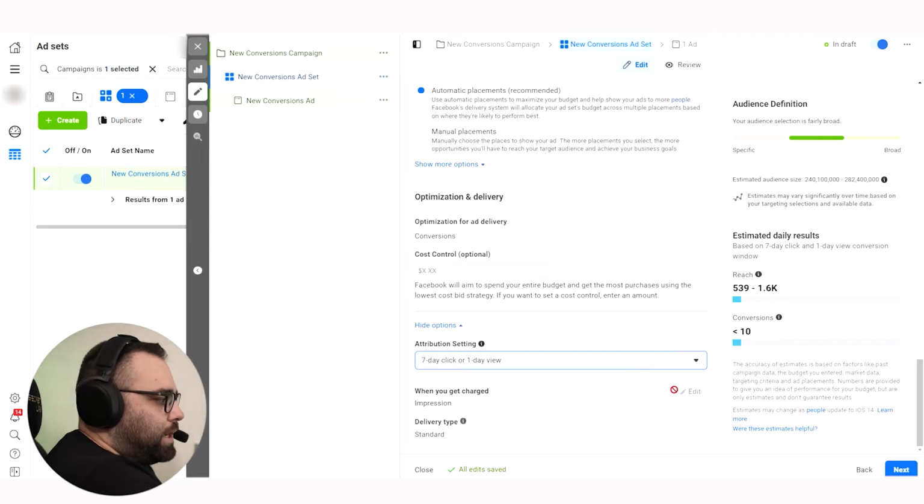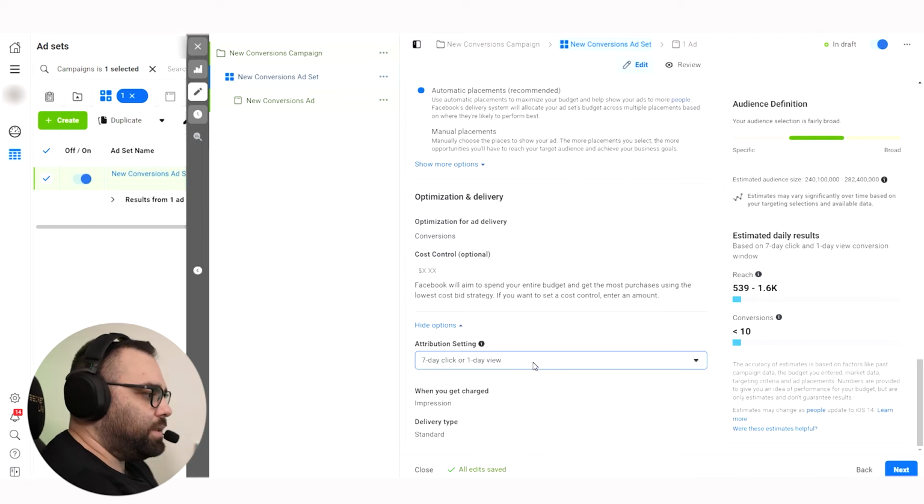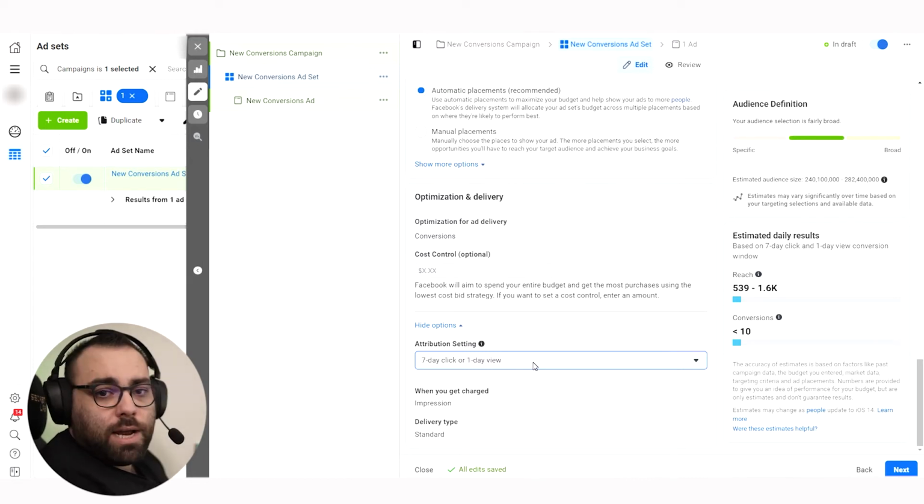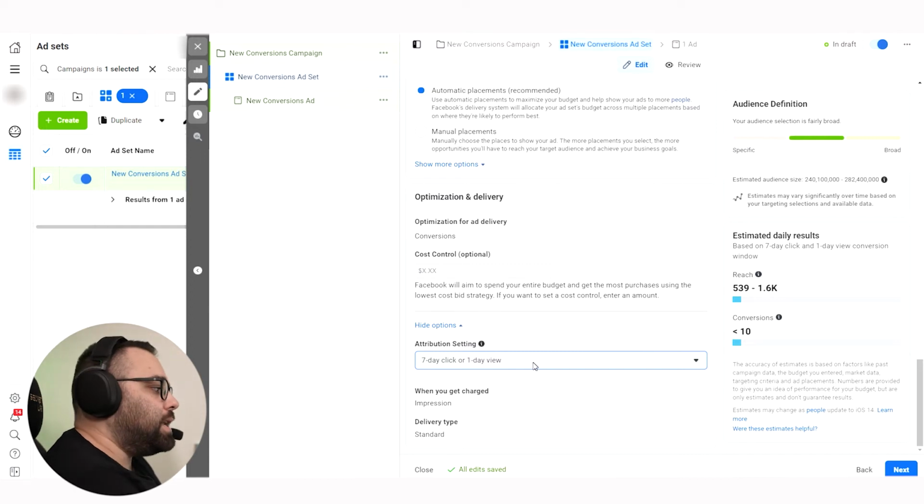So just to recap over here, I like to use the 7 days click, 1 day view. As I explained, the way the attribution works is, let's say that someone is either buying on day 1 and it's going to be reported later, the same day, or someone is going to click on your ad and maybe convert 5 days later because they thought of it more and are converting at that point. That means that you need to be a little bit more patient and of course use the 7 days click, 1 day view.